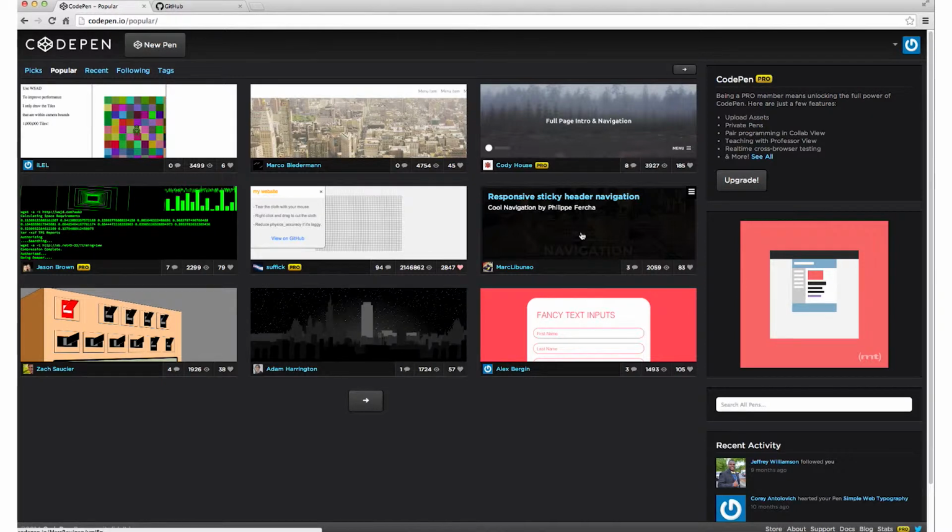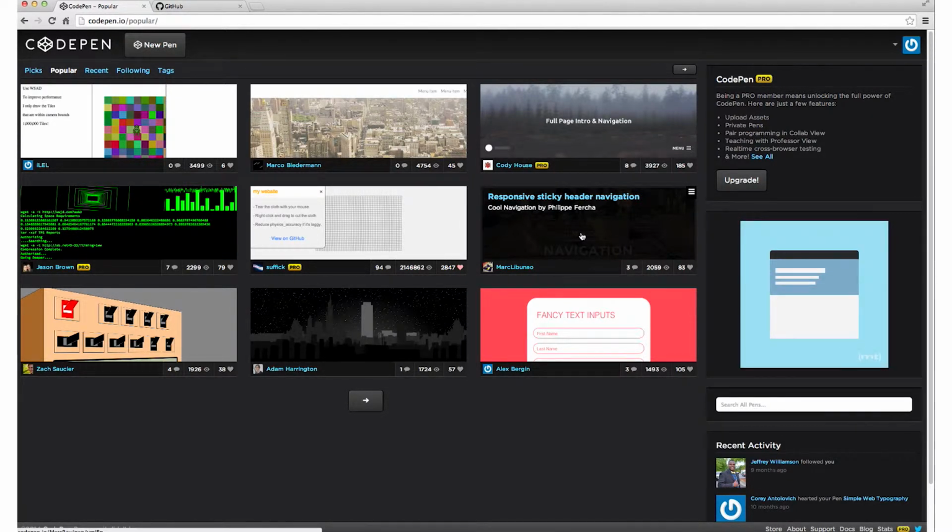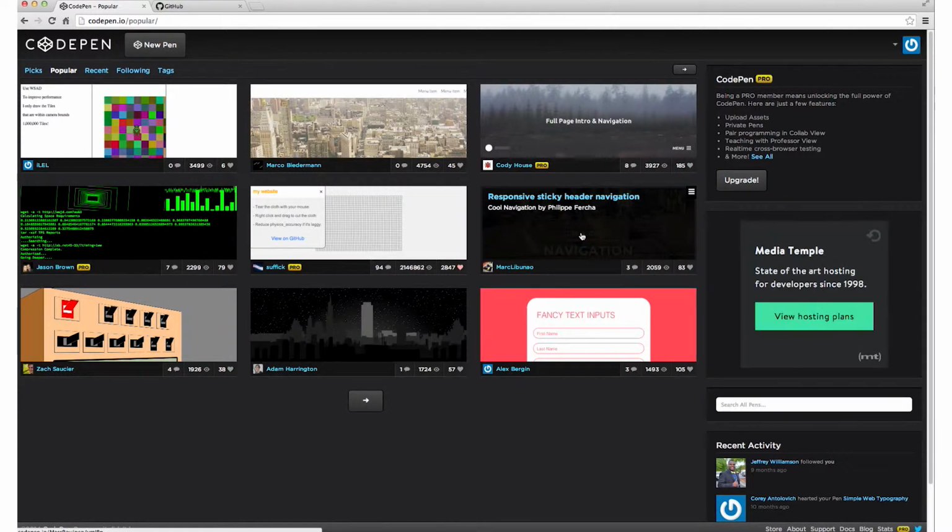And so one of the more popular ways of handling website navigation is this sticky header navigation. And part of the challenge with modern web design is to create something that is going to work on multiple devices. So this particular one that I'm pointing to here, responsive sticky header navigation, I want to take a look at. It has 2,059 views, it has 83 likes, and it has 3 comments on it. The developer's name is listed here. It looks like a guy named Mark has put this one together.